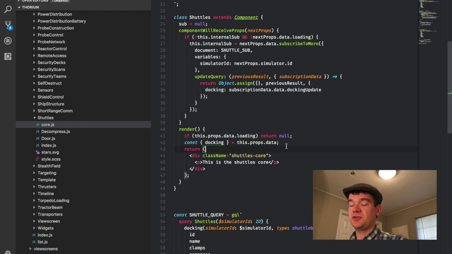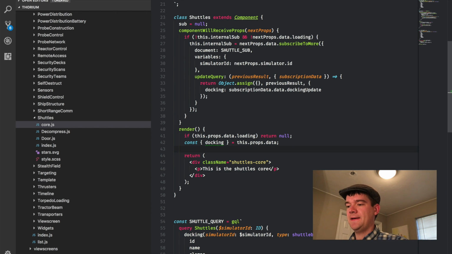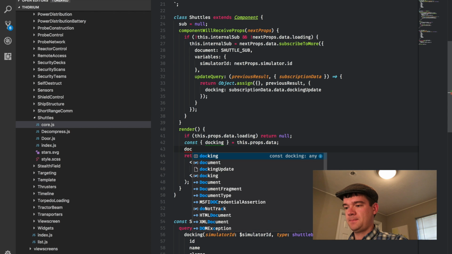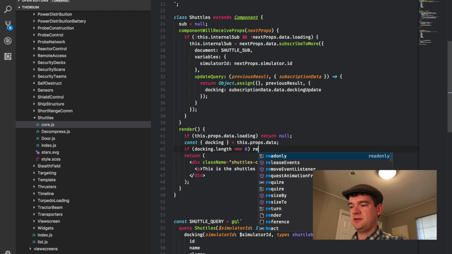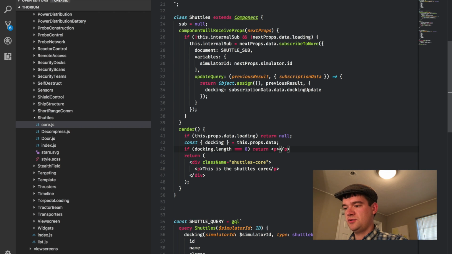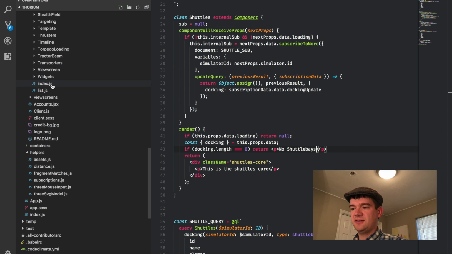And then I also want to make sure that if there's no docking ports, that it tells them that there's no docking ports. So actually, yeah, I'll do it in an if statement. If docking.length is 0, then return P, no shuttle bays. Okay, so that way if there's no shuttle bays, the core component will still render, but there won't be anything there. So if I save that, and now I have to come back here to my index, and I have to load it